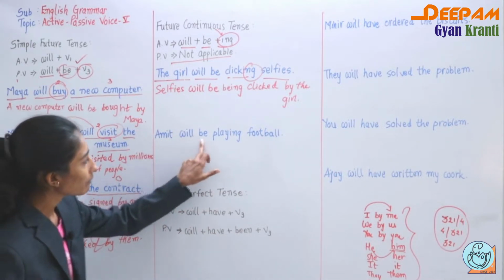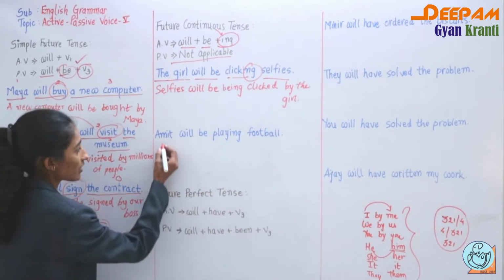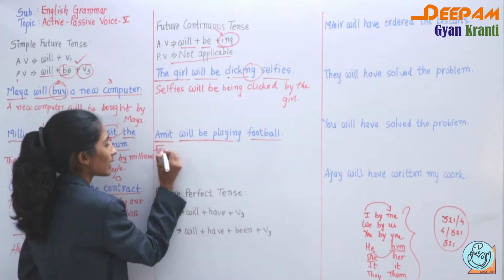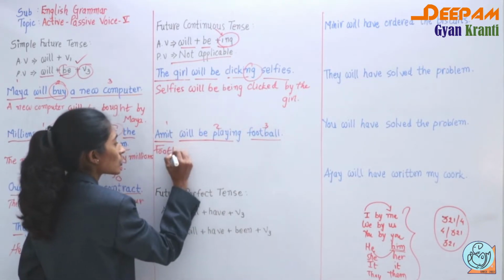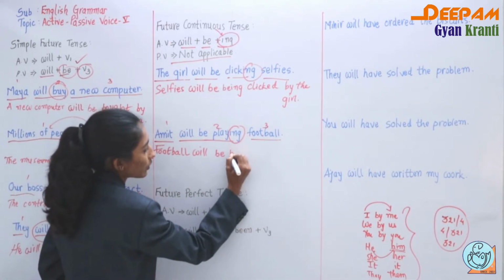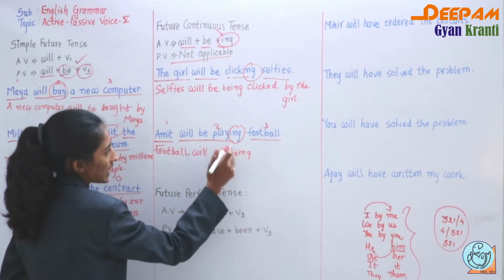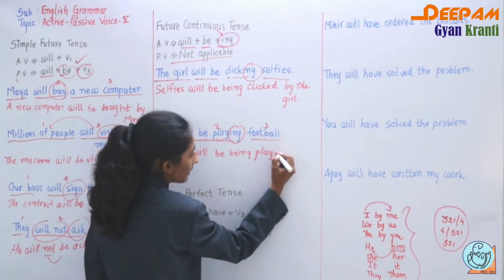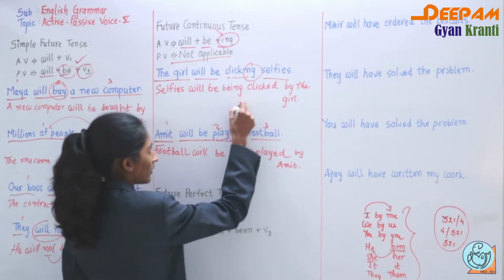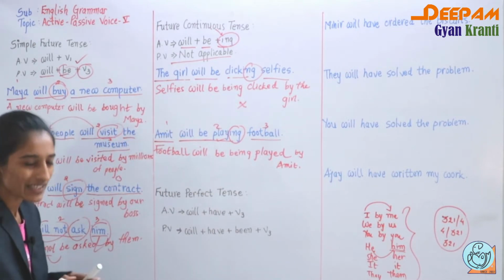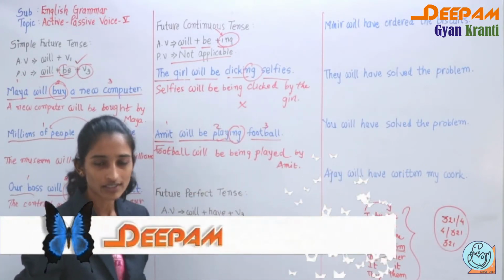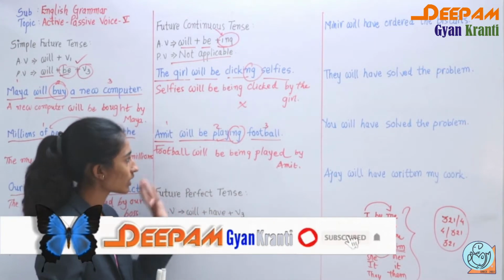Otherwise, Amit will be playing football, and if you want to change it, you can write it this way. Amit is the subject, will be playing is the verb, and football is our object. So 1, 2 and 3. So football, then will be. These ing we have to change into being. So will be being, and for play we have to add the past participle. So played by Amit. But generally it's not there, so no need to worry about it, but still you have to remember will plus be plus being, then you add ed, meaning past participle. So this way you can form it.